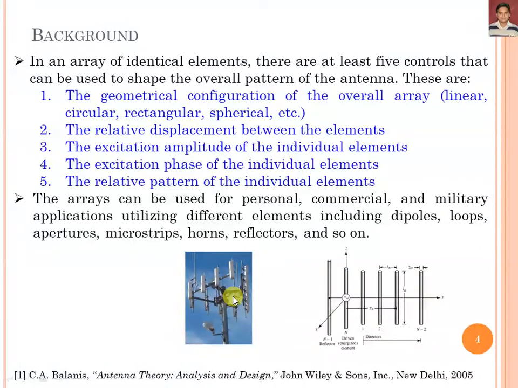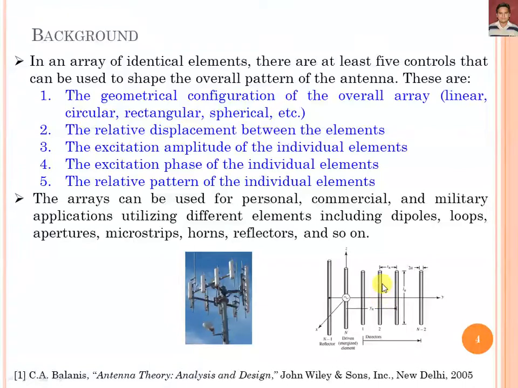And this configuration of antennas that can be used in mobile communication at the base station is called the sectoral antennas. Another category of antenna is the dipole category, and here you can see we are using n number of elements, and we are energizing the driven element, and by using a reflector we can reflect the energy in a particular direction. Then we will get the end fire radiation in the case of the Yagi Uda antenna. This configuration we have discussed in the Yagi Uda array antenna analysis.